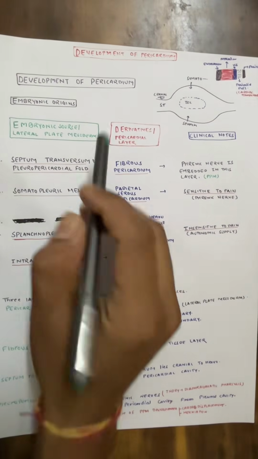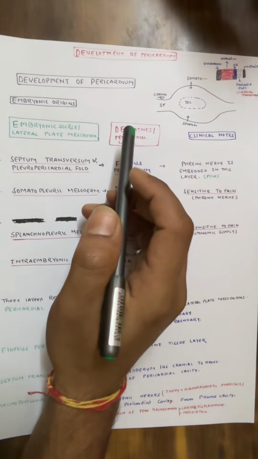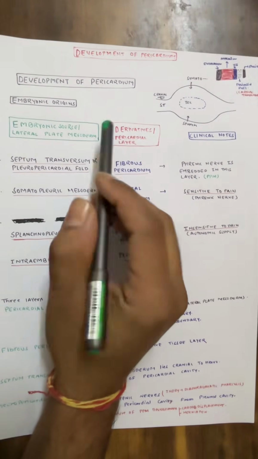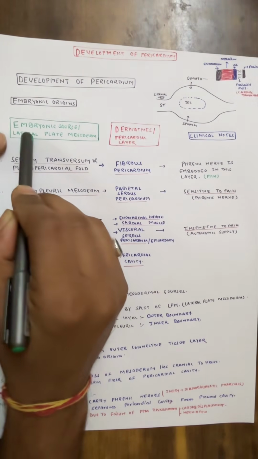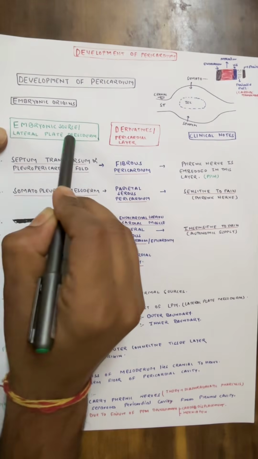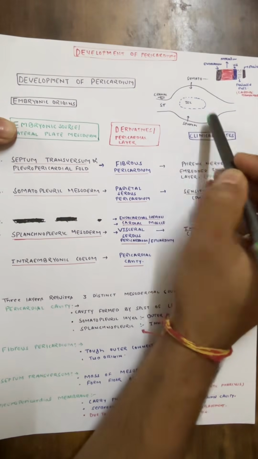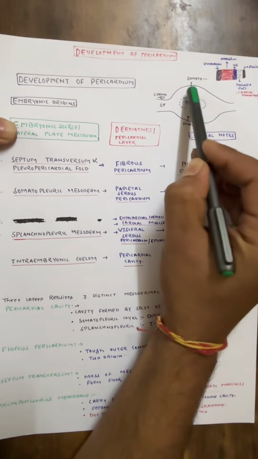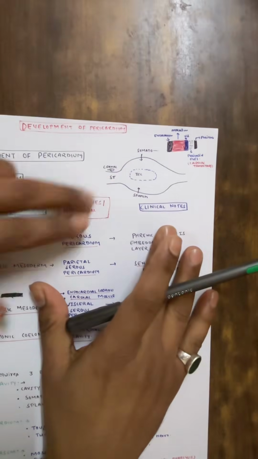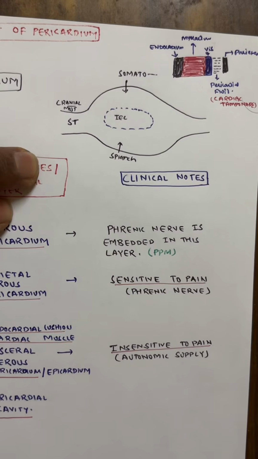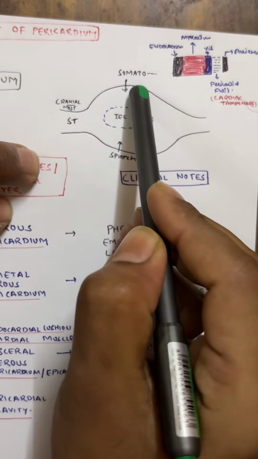Now let's start our lecture from the beginning. In the early embryo, I have shown you the picture of the lateral plate mesoderm. That lateral plate mesoderm actually splits and forms two layers, that is somatopleuric mesoderm and splanchnopleuric mesoderm. This somatopleuric mesoderm will be near the body wall, and this will be